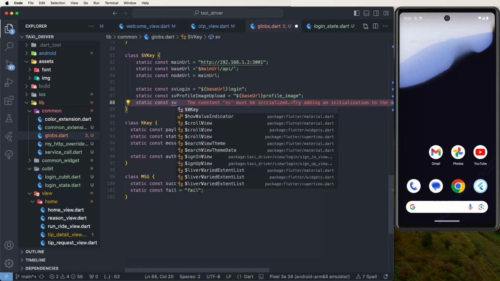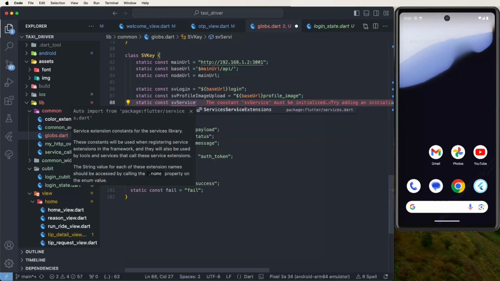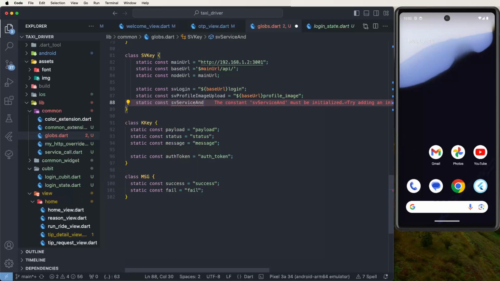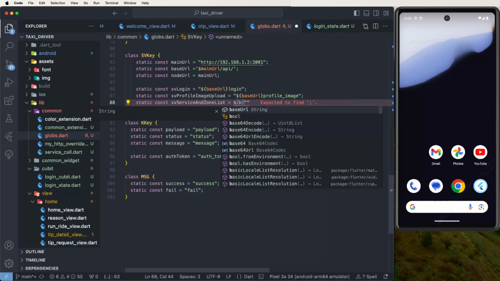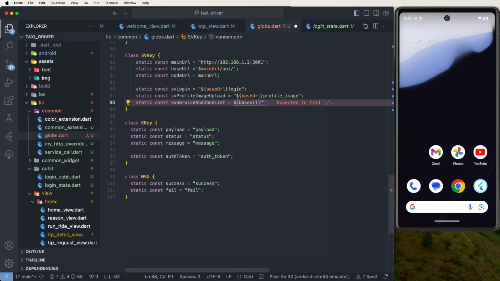sv dot service and on list this here, and to write set base URL, and now we need to give the API names here, pass this here